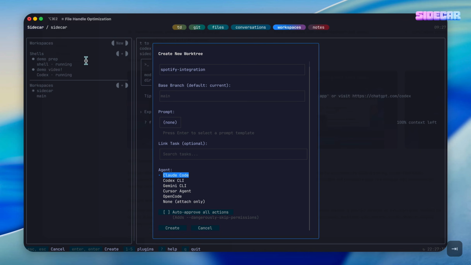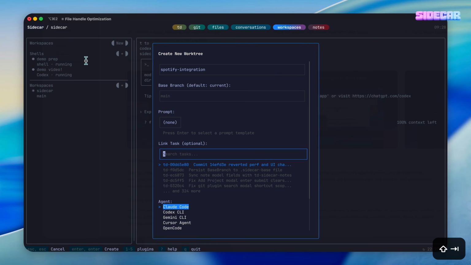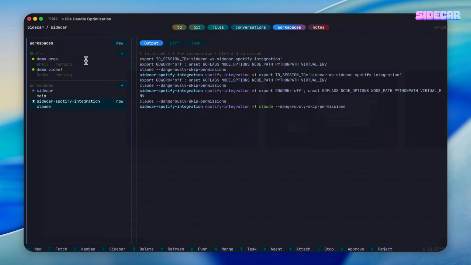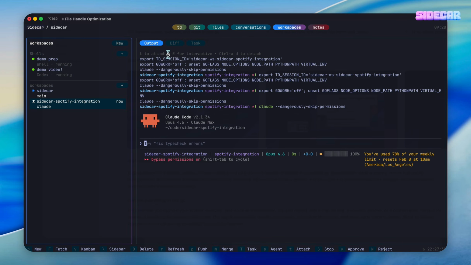Similarly, we can just find a task here. So if I already had Spotify, I could just have it start working on that from here. But in this case, we'll just start it up with Claude Code and create it. And there, now we have a completely new directory with the entire code base in it. And you can work on this directory separate from your main repo. And then when you're done,